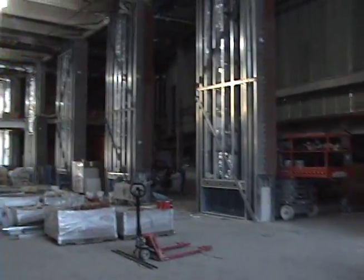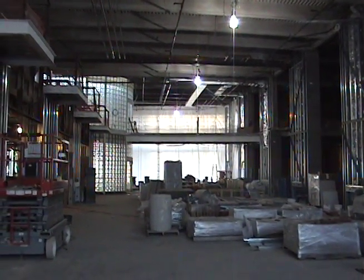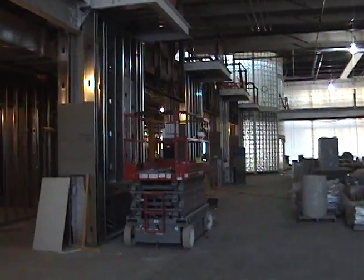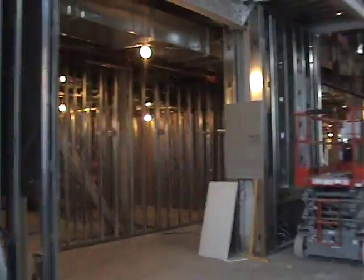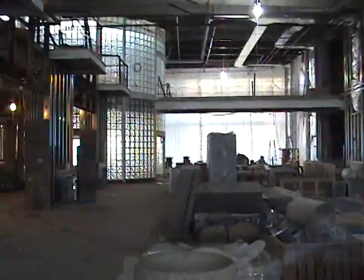This is the commons area, the cafeteria. This is where our students will eat their lunch. It'll also be an area where students and staff could work because the entire building is a wireless building. As we proceed to the back part of the